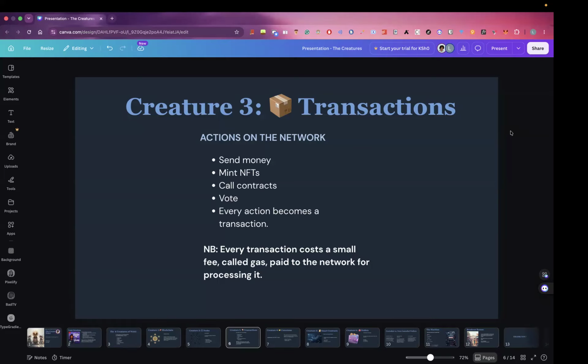And gas fees are defined by two attributes. Though this is more technical, so I'm not going to go deep into it, it's defined by gas price, which is the amount per unit of computation that one is willing to pay. And then the other is the gas limit, which is the total amount of gas one is willing to spend. So that is, of course, just the limit. You're saying I won't spend more than this. But gas price is specific to each unit of computation.